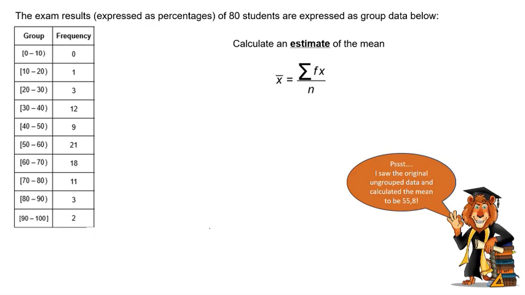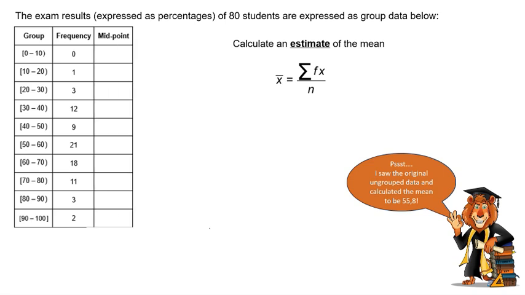We're going to use this formula here, which says that the mean of a set of data is the sum, remember sigma notation, of the products of the frequencies times each x value divided by the total number of data items. Right, so our challenge now is that we don't know, for example, that one person who got a mark